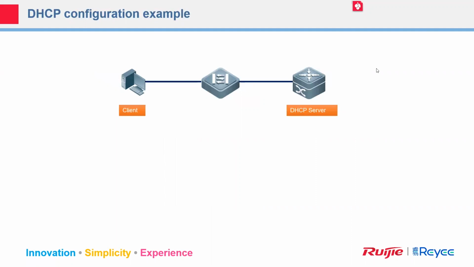And now we know the function of the client, relay, and server, right? So how to let the network device have this function, have this ability? We have to add some configuration. Pay attention. By default, all the devices cannot work for the DHCP. You have to add the command. And different commands will have different meanings.